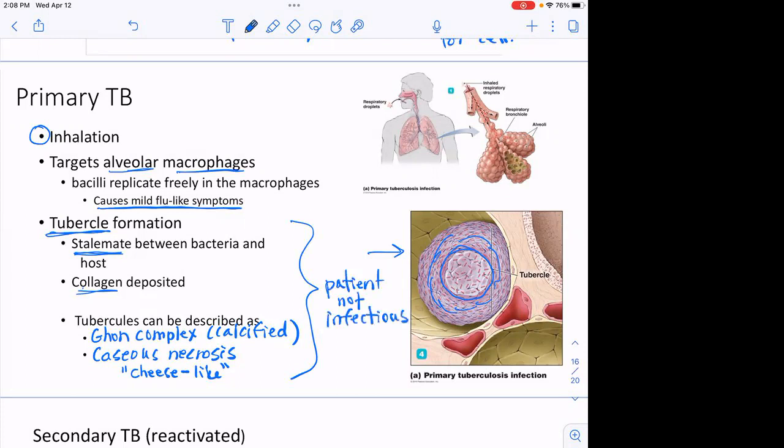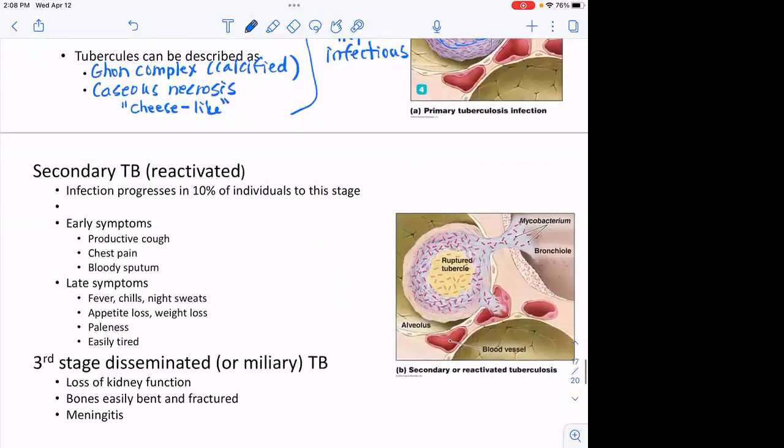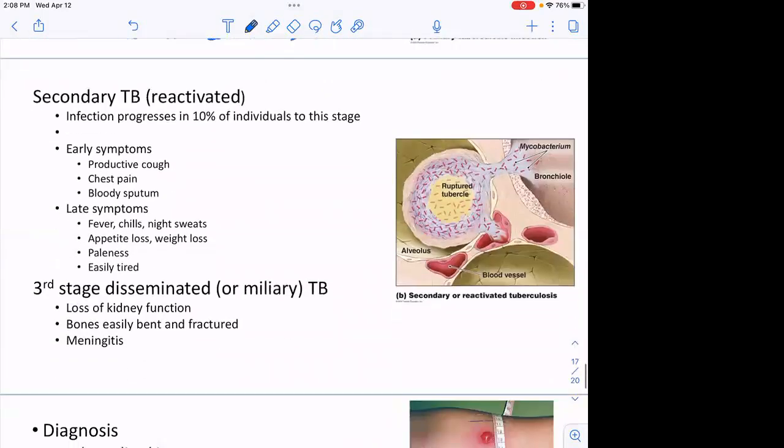Okay, so again, it's kind of a stalemate. So, most of the people worldwide that are infected with TB, they have these tubercles in their lungs. At some point, though, that live bacteria in the center of the tubercle can actually rupture out of whatever the calcified part around it. Okay, now at this point, when that happens,